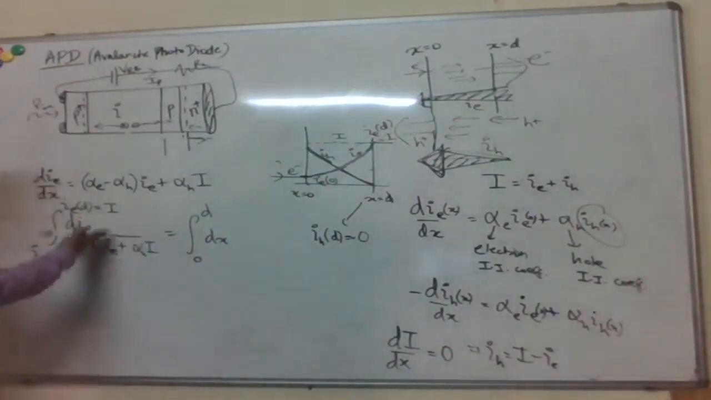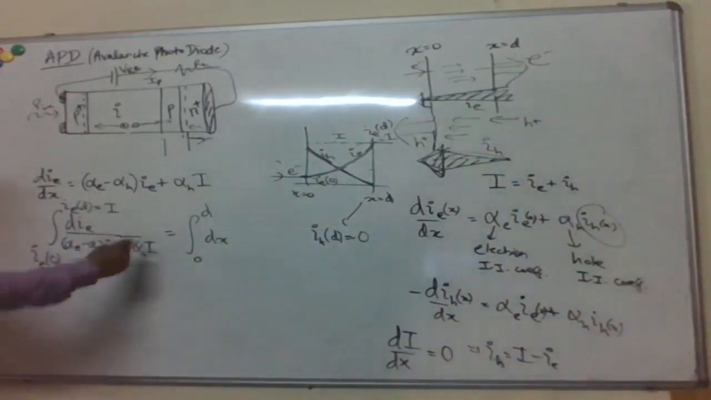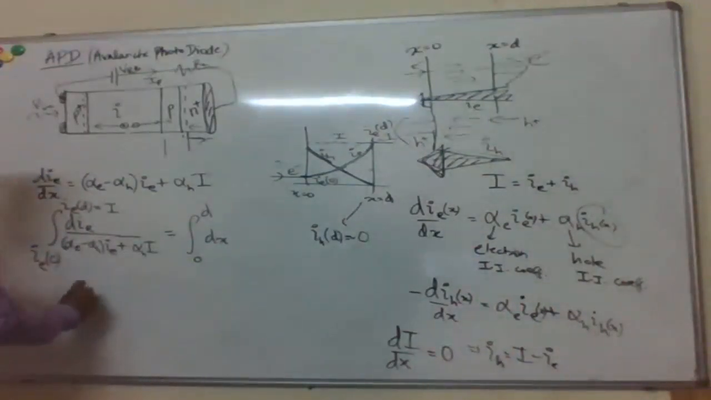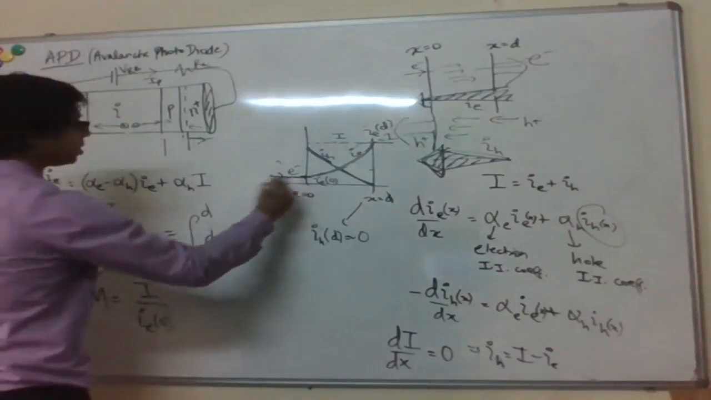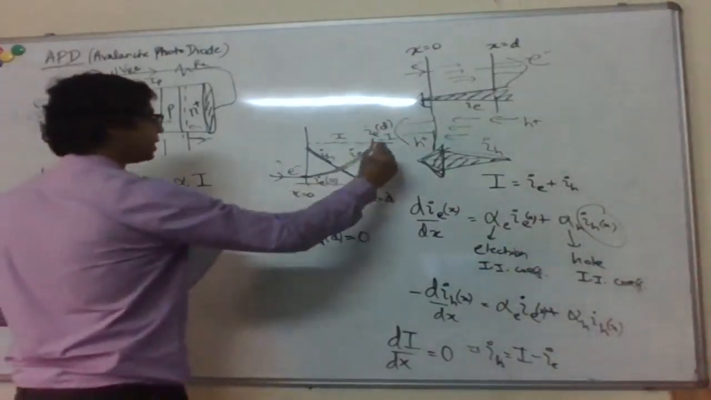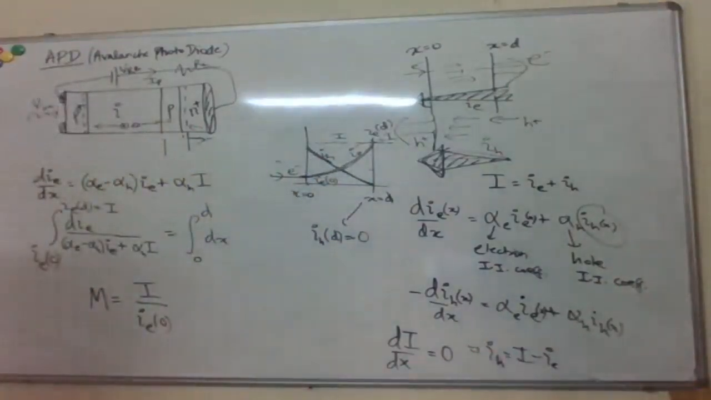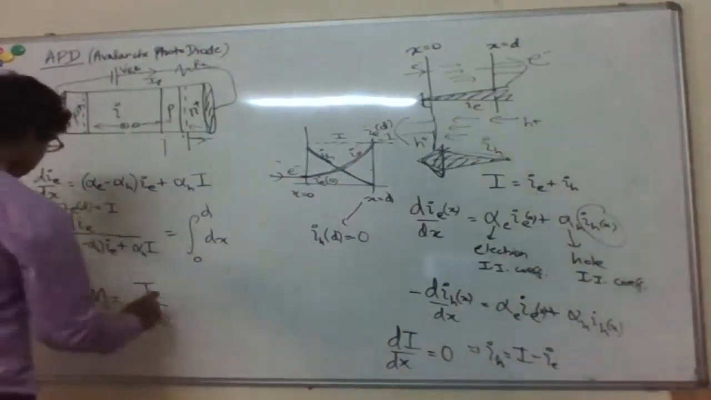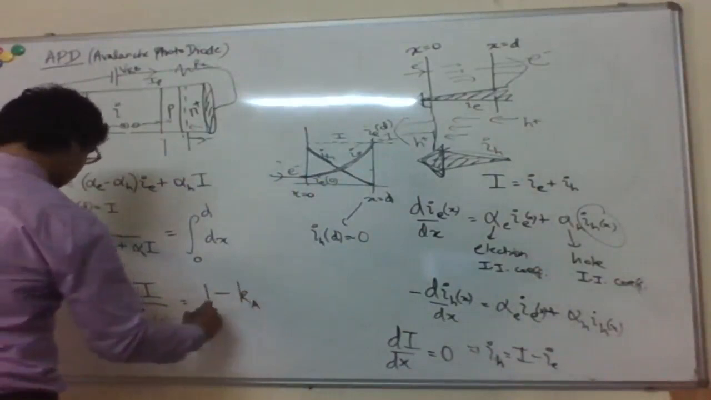So you can see this integration gives me a log, so it's easy to do. Then you just do some simple algebraic manipulations to get this multiplication factor, which is the total current out divided by the incident current, which is IE0. This is the incident current into the gain or multiplication region, and then it gets amplified by this much. So output by input gives me the gain or the multiplication factor. That comes out to be